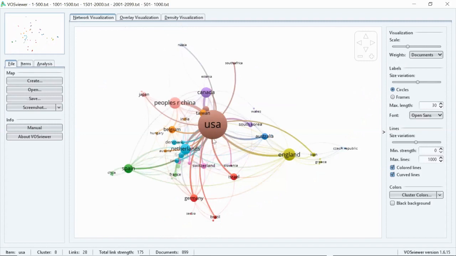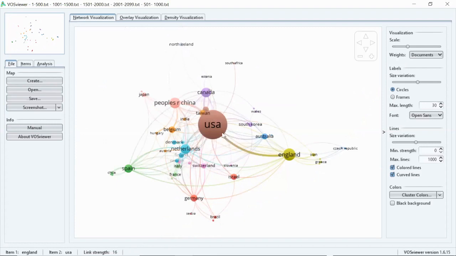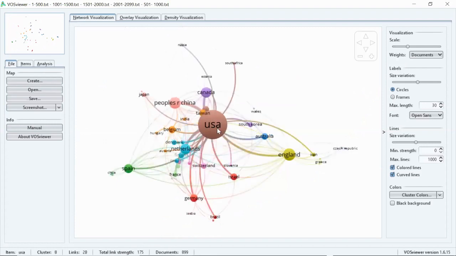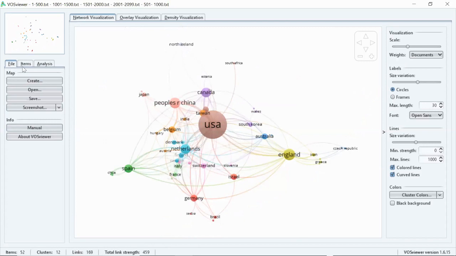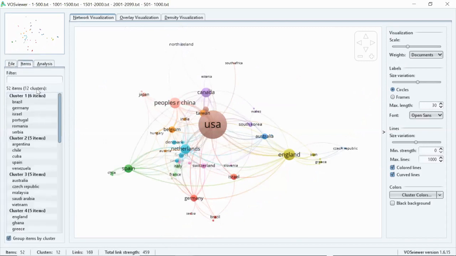You can see that USA with the maximum number of publications is centered in the map. And to get an in-depth analysis of the cluster, with which country whom have collaborated, like that, we put the items. See, there are 12 clusters. Brazil, Germany, Israel, Portugal, Romania. Though Romania have collaborated with these countries, that publication didn't receive any citation. Okay, that one publication didn't receive any citation at all. Romania has collaborated with the remaining countries, but that publication didn't receive any citation. So that is the meaning of this.